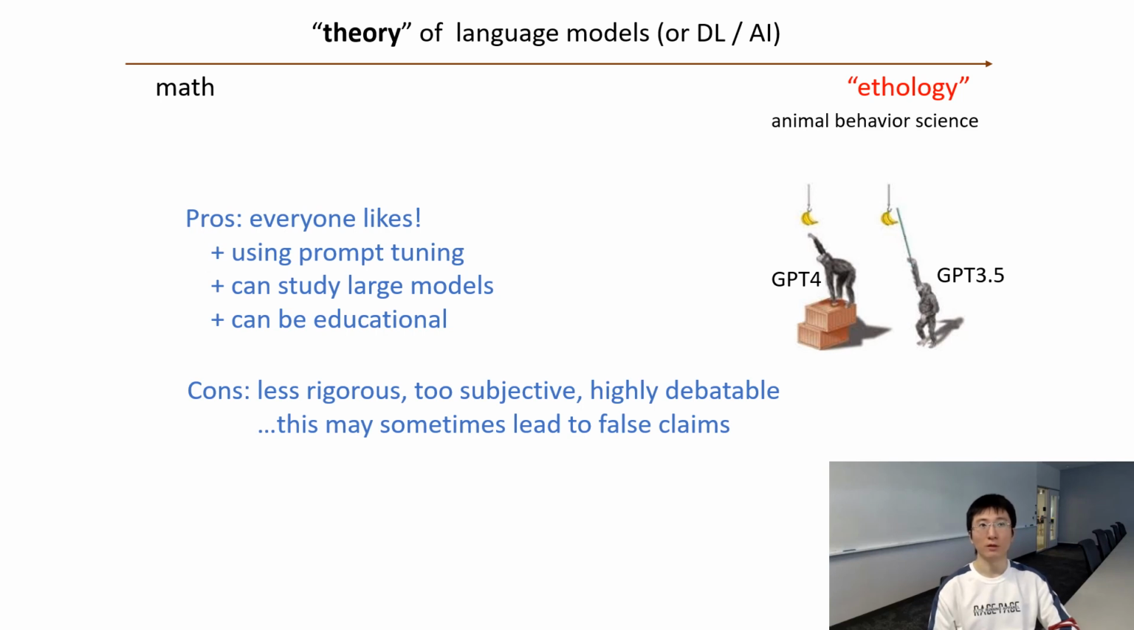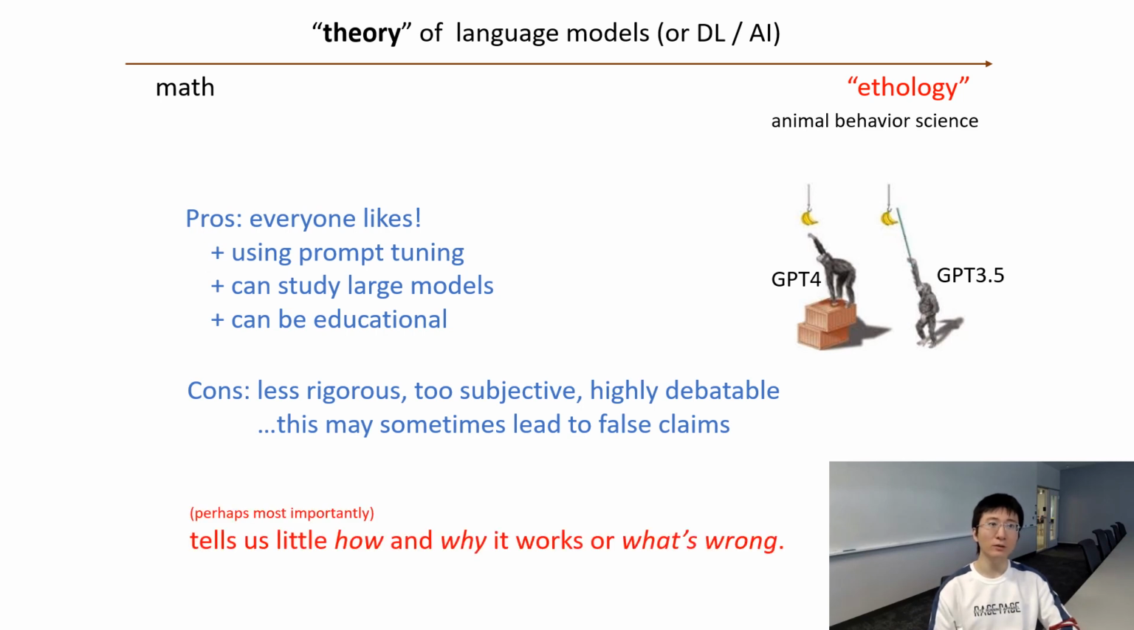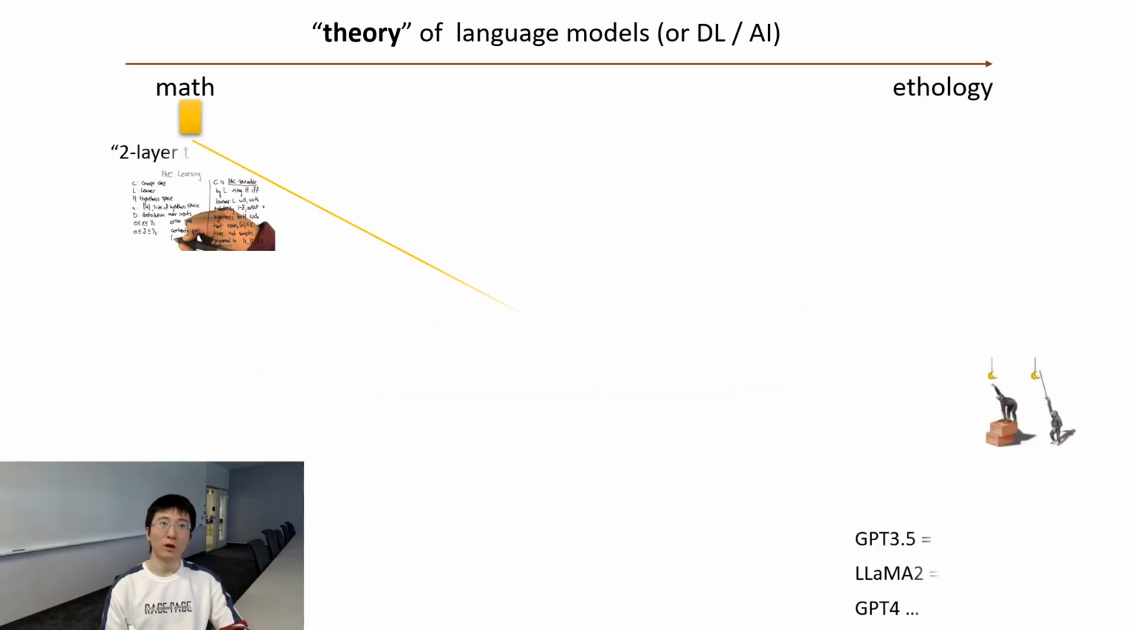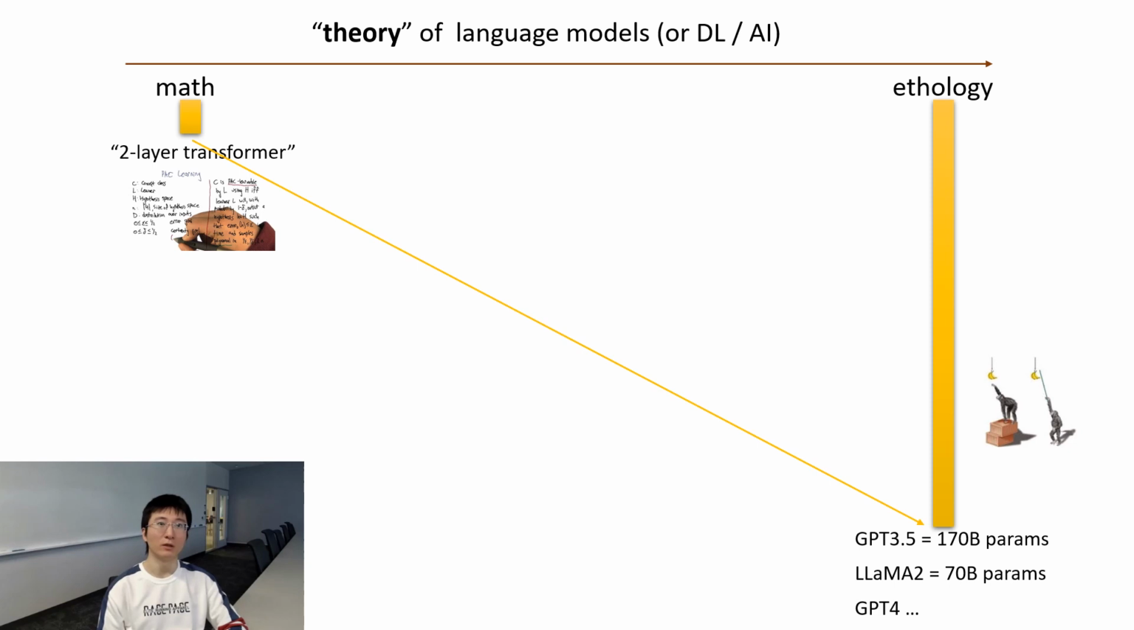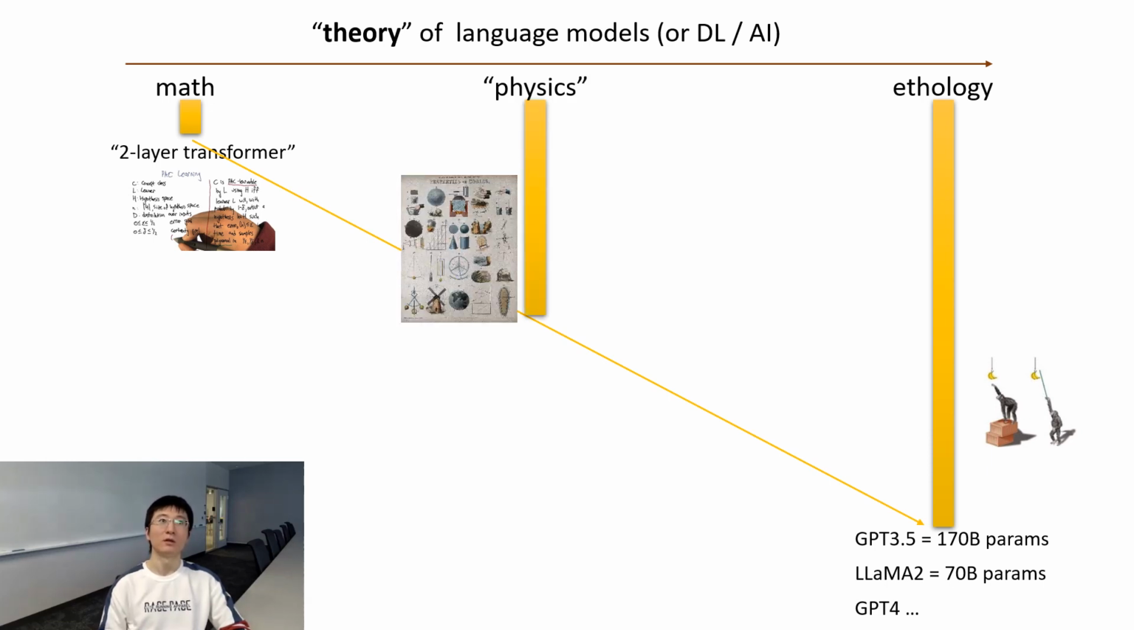So in my mind, there is another important issue with this type of approach, that is, it tells us very little about how and why the transformer works, or if it fails, what's really going wrong behind the scene. So for such reason, I have been thinking about whether there is anything that's a sweet spot between the two. So this is an area that I would call, also as a metaphor, physics,